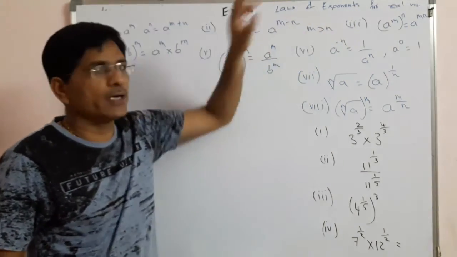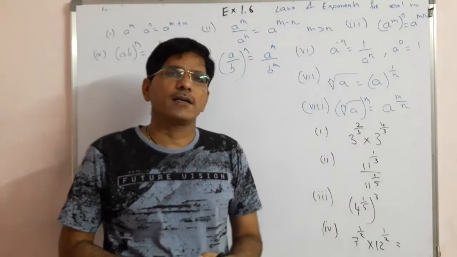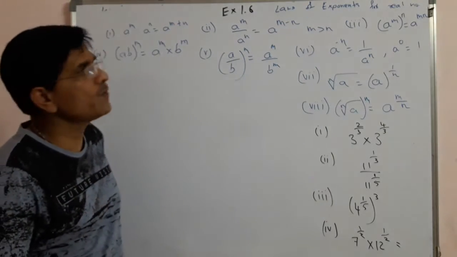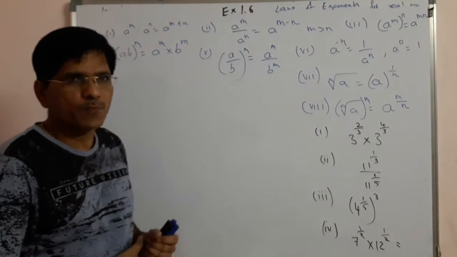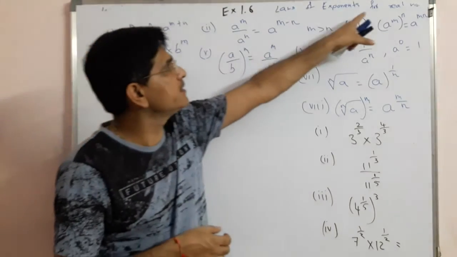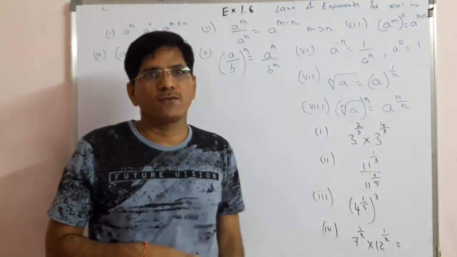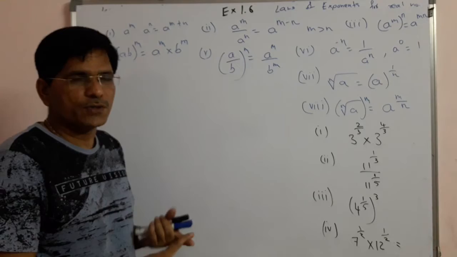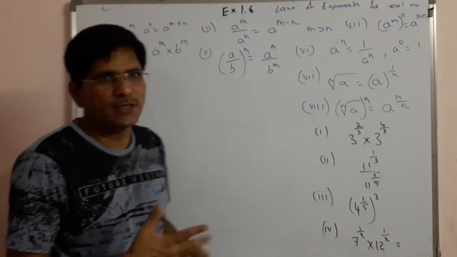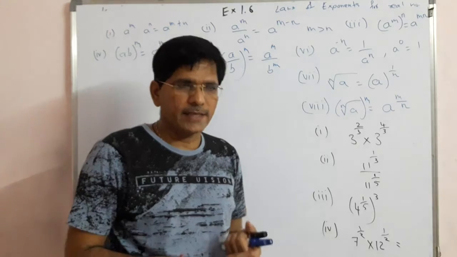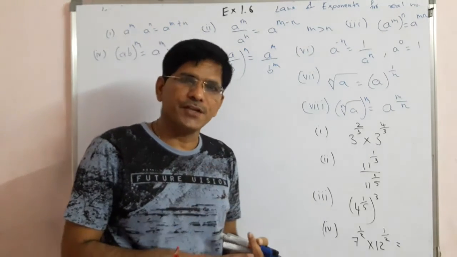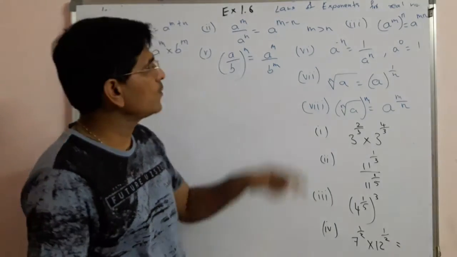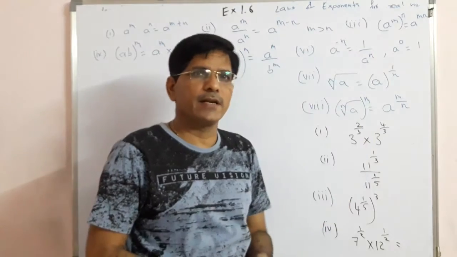So what is the meaning of exponent? Already we have an understanding of exponent in 8th standard related with the rational number. In 8th standard, in rational number, we understood the law of exponent, meaning power. Now we have to understand this in the real number. Real numbers are where we write under root p by q, root 25, root 5, root 3, root 4. They are all real numbers. Natural number, whole number, integer, rational number, irrational number, all are under the real number. So now we have to understand the law of exponent for real number.